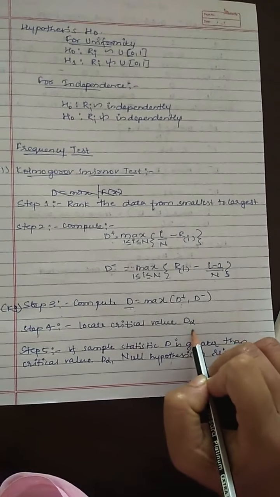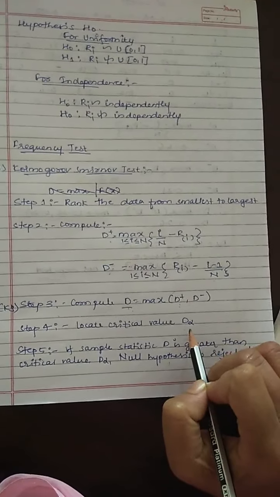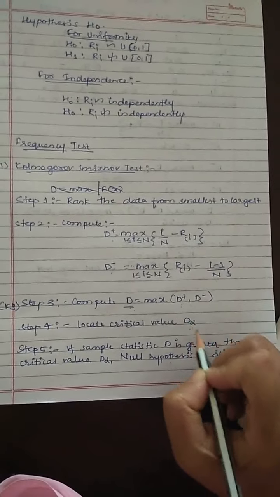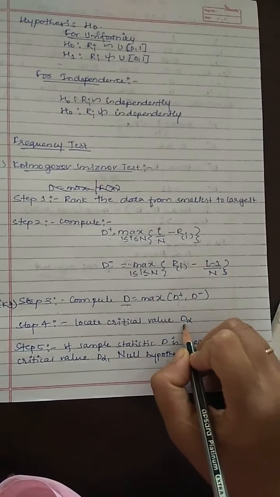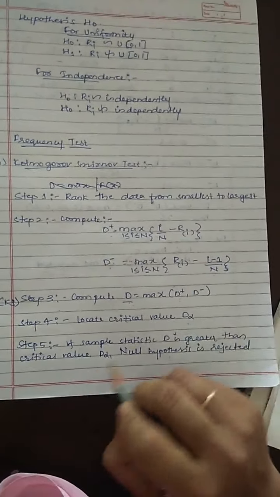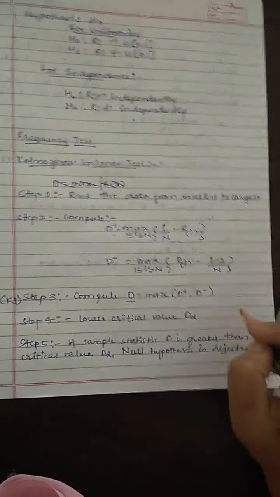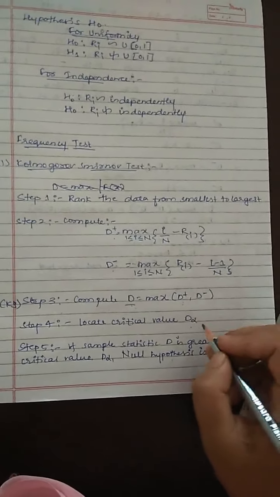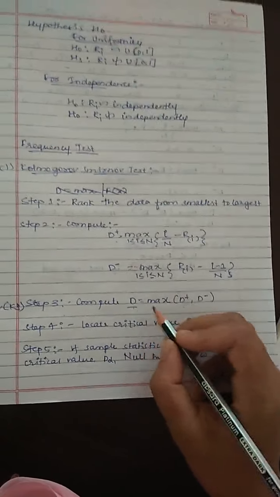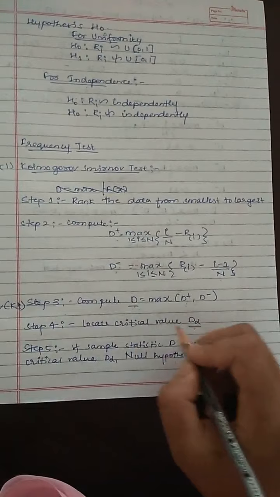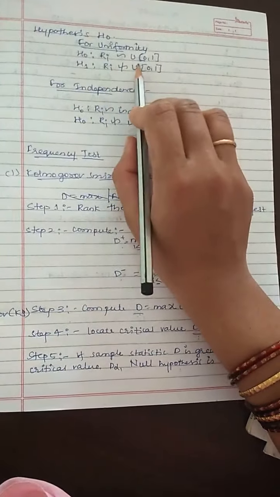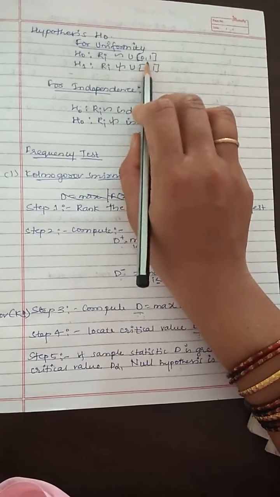What is this critical D value? At the end of the textbook, in the appendix, some tables are given. In that table we can find D alpha. What is this alpha? Alpha is the level of significance, which will already be given in your question itself. We have to compare the sample value with this critical value. Always the sample value should be less than the critical value. Then only are we accepting the hypothesis that the numbers are uniformly distributed.